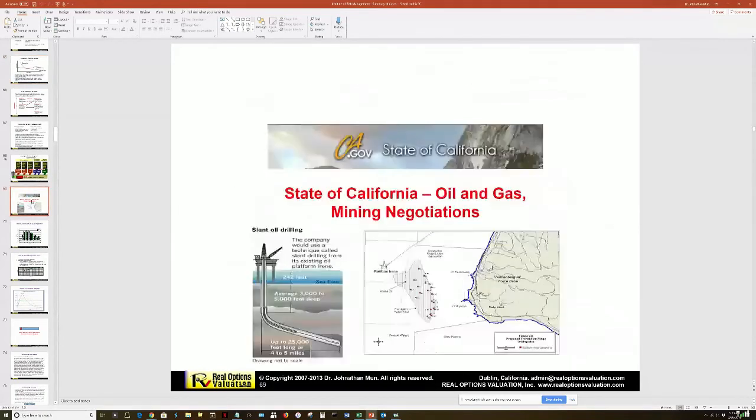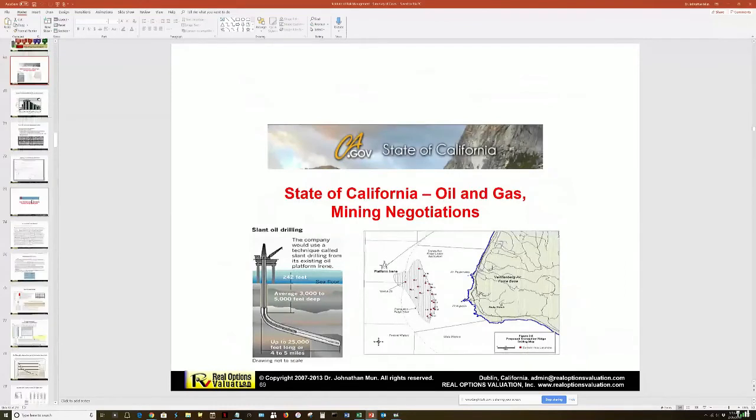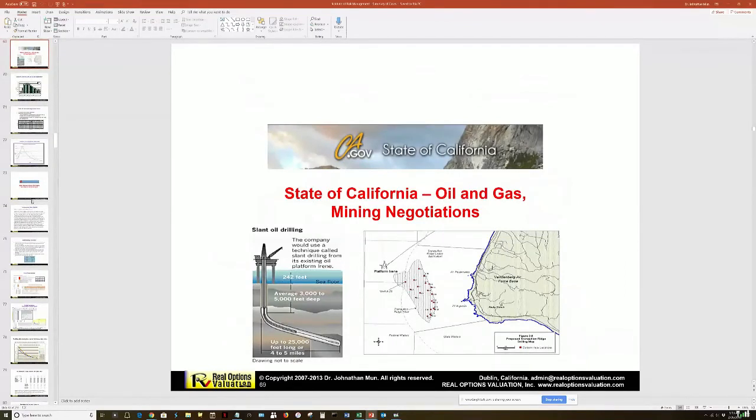We've done a lot of work for government. Here's an example for the state of California. I'll show you a few more quick slides. I know I'm coming short on time. State of California, this was for Governor Schwarzenegger. We call him the Governator, Terminator and Governor. So many years ago, about 9 years ago, we were looking at the negotiation for the Governator for the state of California and oil and gas mining negotiations on Vandenberg Air Force Base, which was in Southern California.